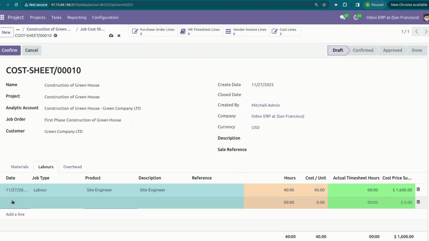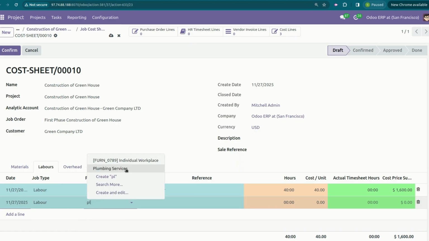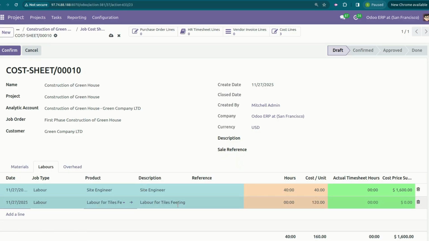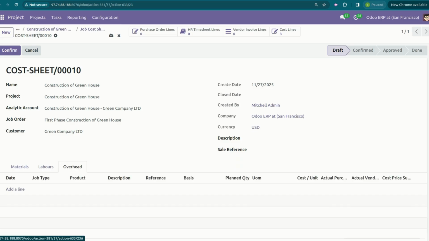You can enter other labor also, like plumbing labor, flooring and tile fitting. You can create all the labor as records and assign the work hours. It will help you track all the costing.